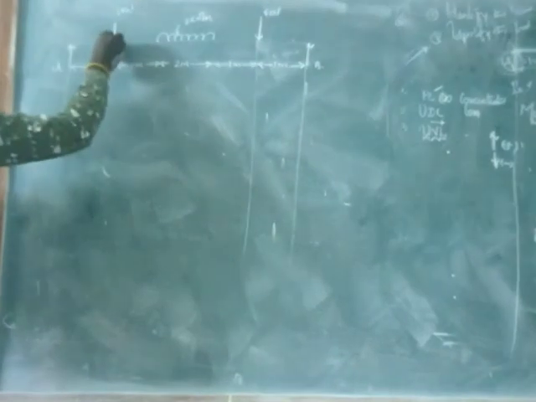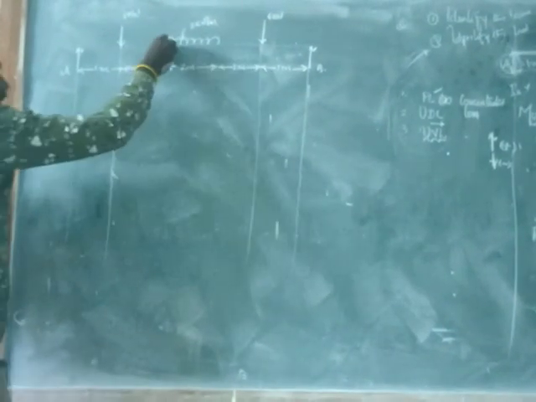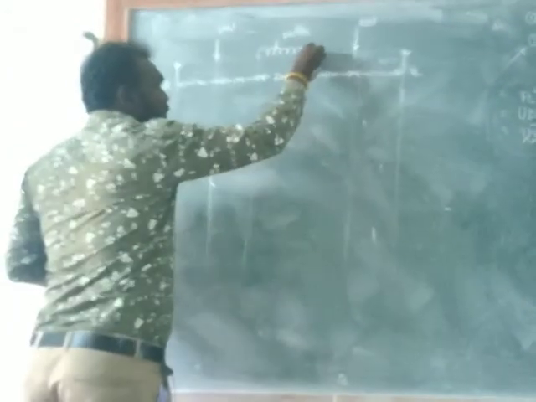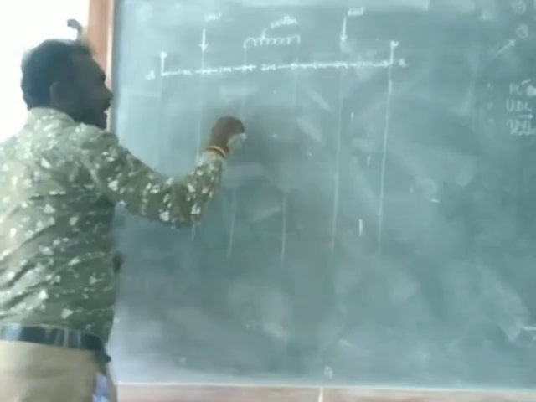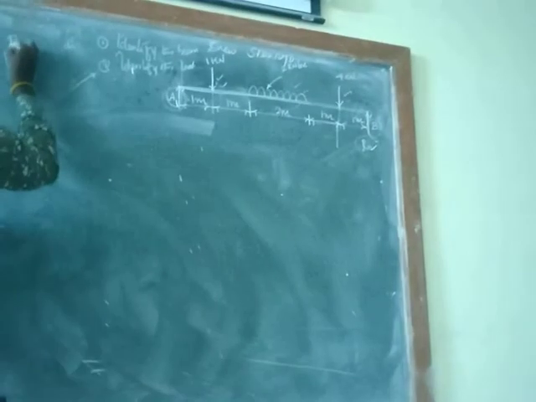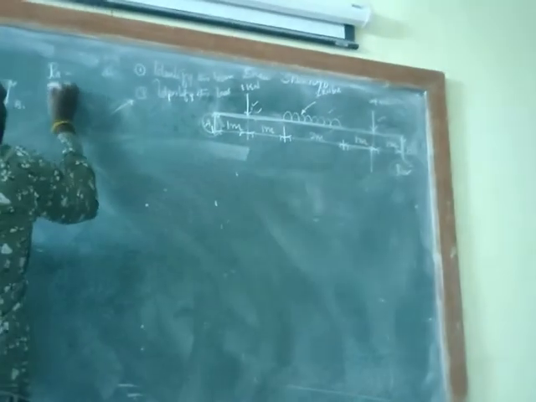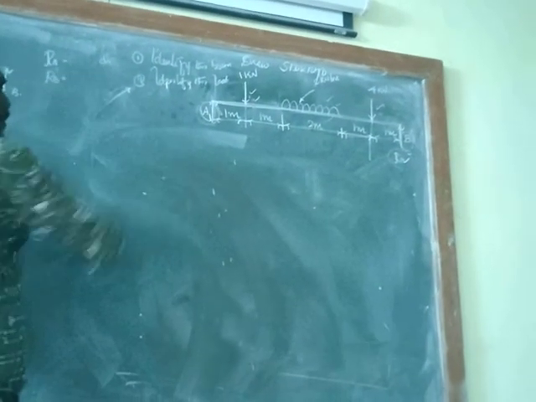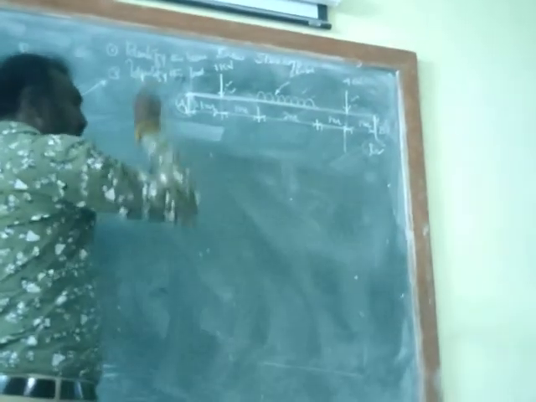Here we have a load, here we have a load. If it is a uniformly distributed load, start with one vertical line and put the end also with one vertical line. Now we are going to get RA and RB. Now we are going to draw the shear force diagram and moment diagram. For that, put a vertical line.